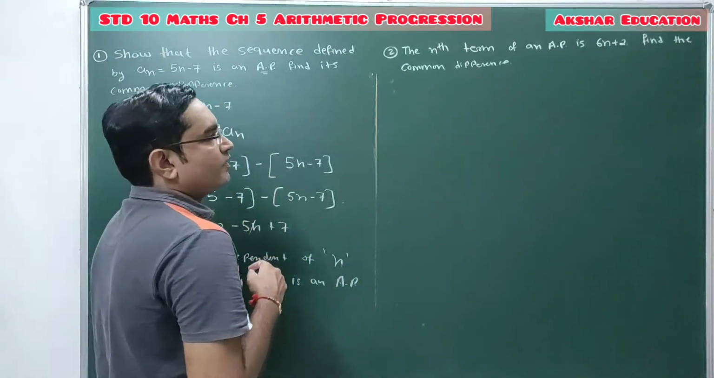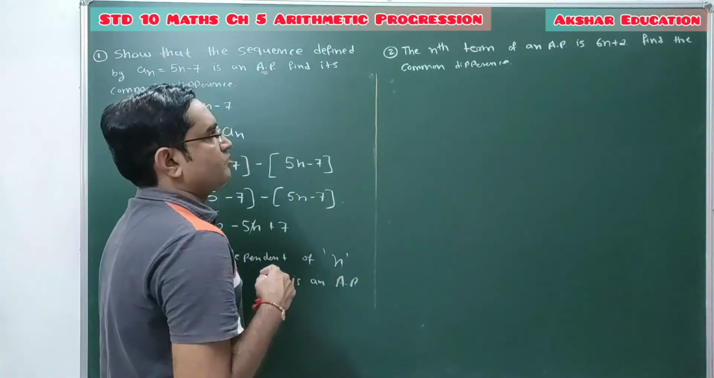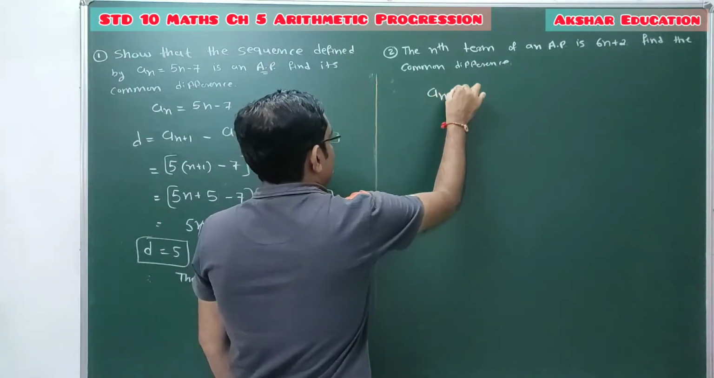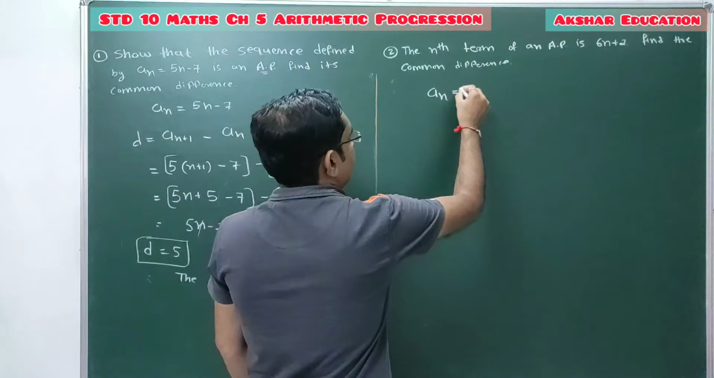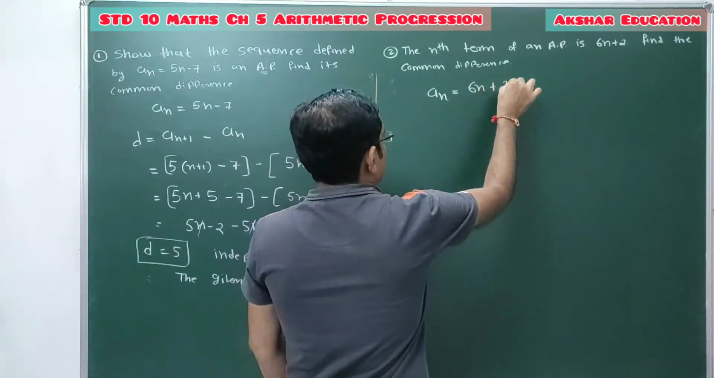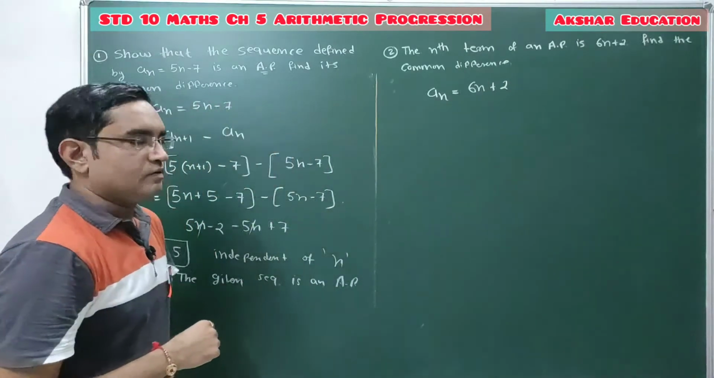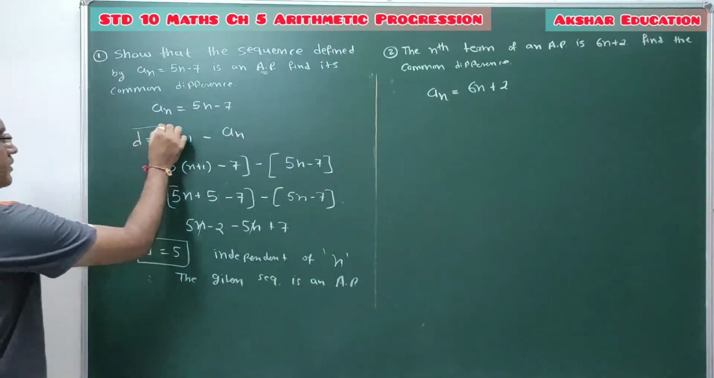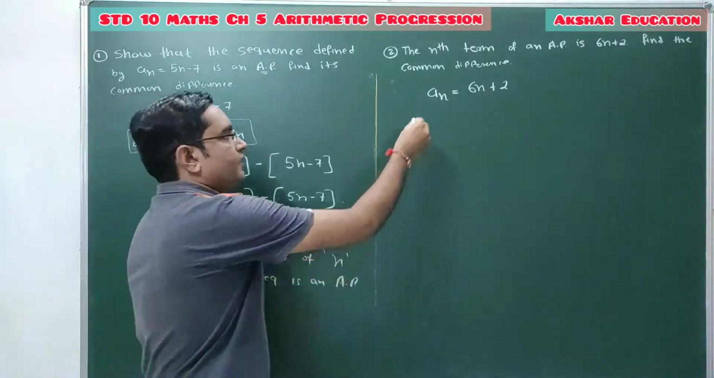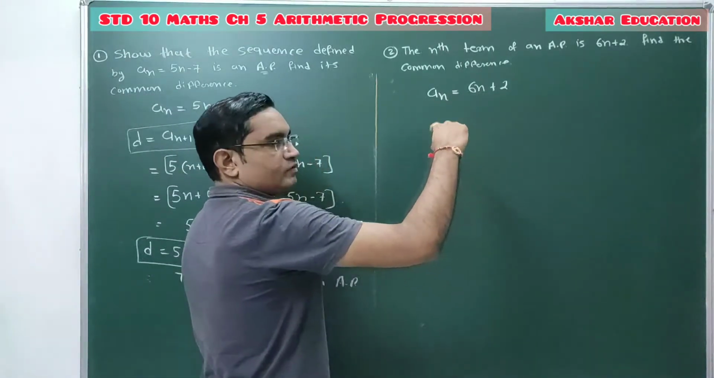Question number 2, 1 mark question. The nth term of an AP, that is a_n, is 6n plus 2. Find the common difference. What is the common difference? The common difference is the difference between two successive terms of an AP. So the nth term is 6n plus 2, and the next term from this